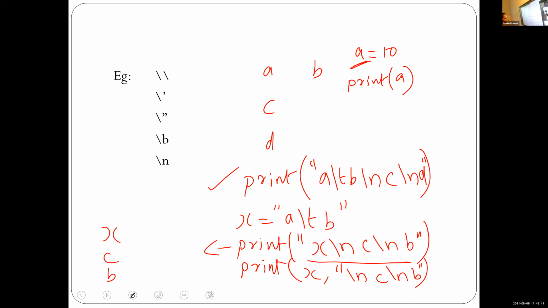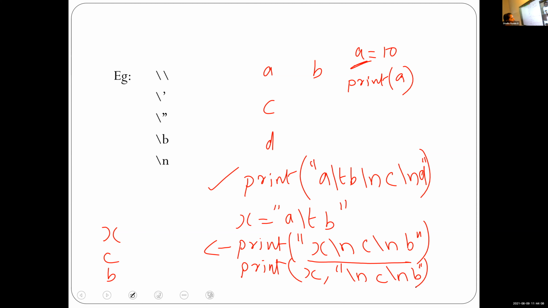Okay, first I want to print the content of x, so for that I will just write x, comma, within double quotes. First I want to print the c in the next line after x, so I will write slash n, then c, after that slash n, then b.